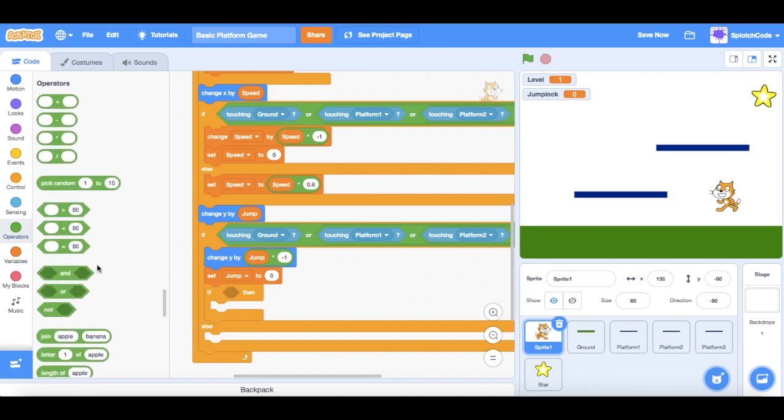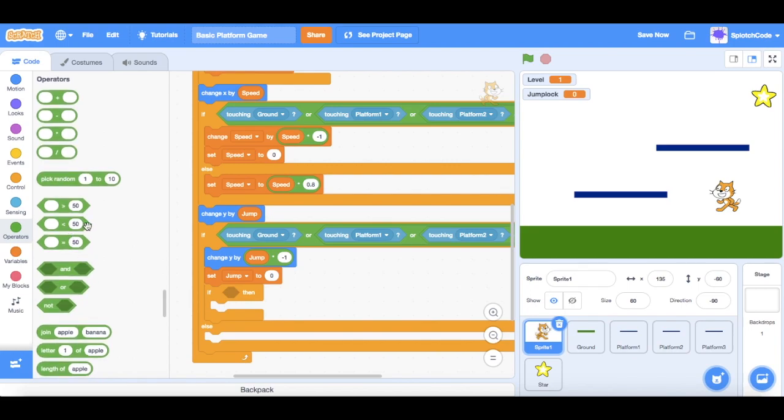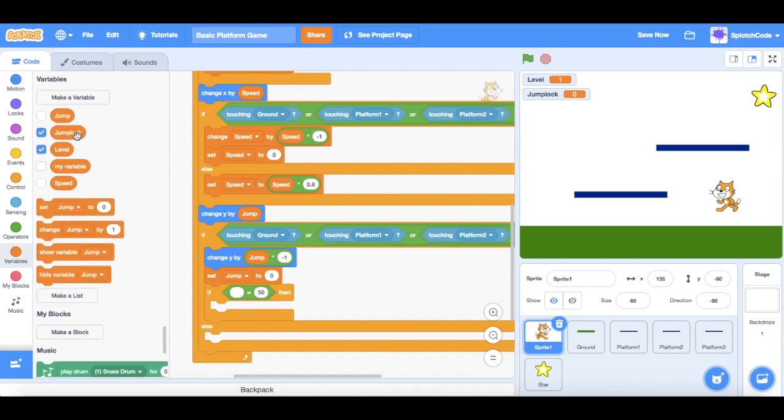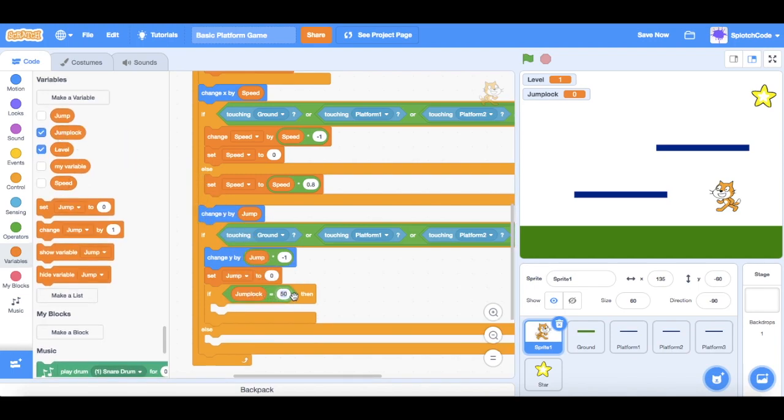So we'll go to our operators and we will get an equal to. That's this one here, and we'll put that there. And we will go to our variables and we'll get our jump lock one, and we'll say if our jump lock is equal to 0. So we haven't jumped yet. Then,